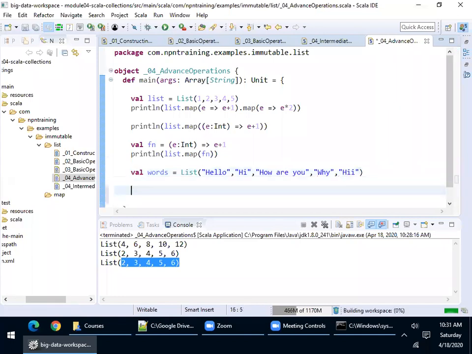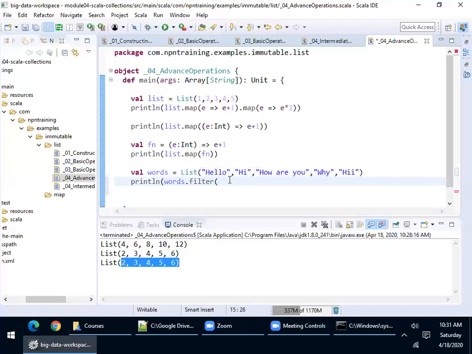Now I want to apply a filter transformation. In the Scala collection library, you also have a filter. So what this filter will do is, look at this, I'll just print now. words.filter will iterate over each element of the list, and if the condition inside this filter is satisfied, I will pass a function.